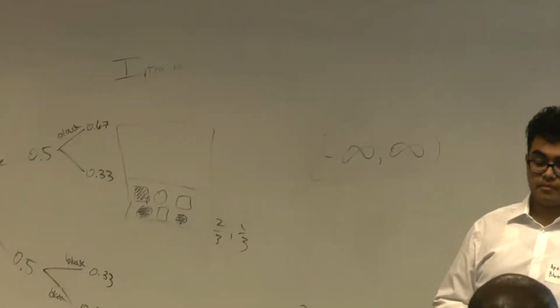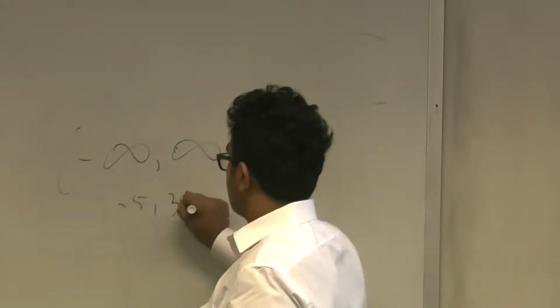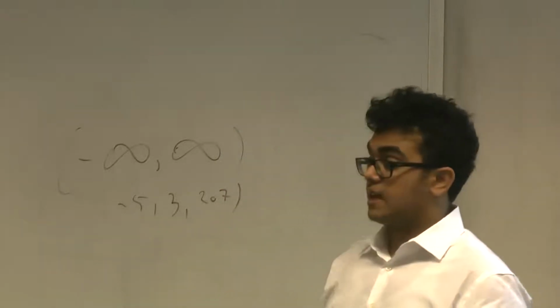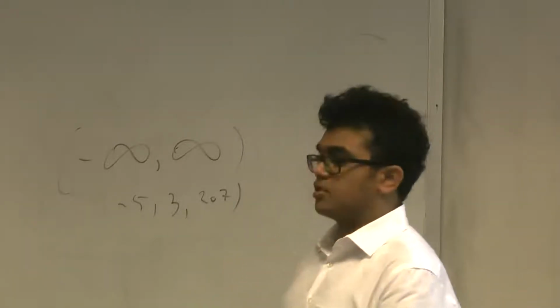And then discrete binary variables is where if we were to convert something to binary, some numbers don't exist in binary, but they may exist in our real life world. So those numbers that I wrote before, -5, 3, and 207, these numbers might exist in our normal lives, but in binary those numbers don't exist. And these numbers are just random.